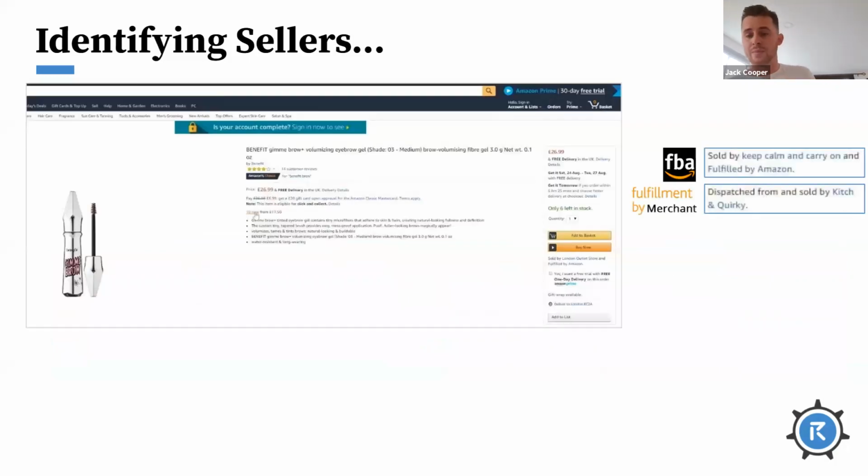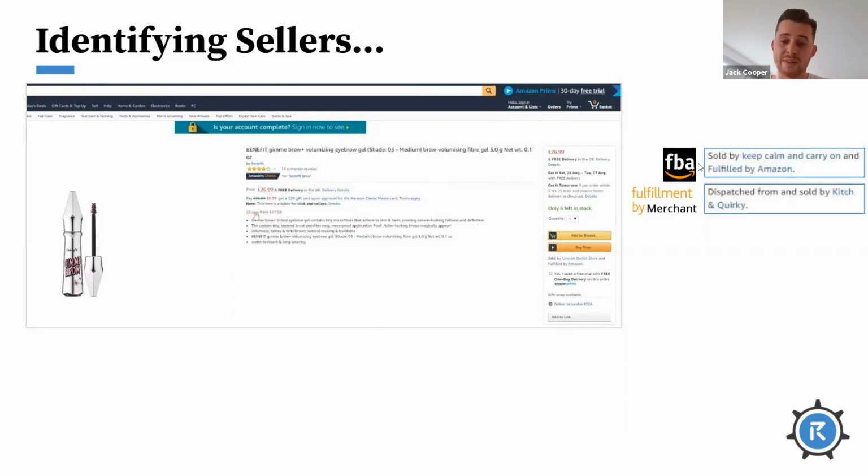Now, when selling via Seller Central, there are two key options to fulfill your product to the end customer. You can either use Amazon's fulfillment network, and that can be identified from the front end of Amazon by saying "sold by the brand here and fulfilled by Amazon." Or you can fulfill via your own network if you have capability, but unless you're using Seller Fulfilled Prime, which is potentially something to unpack in a future webinar, but feel free to research that yourself, is where you get the benefit of the Prime badge. FBA will give you the benefit of that Prime badge.